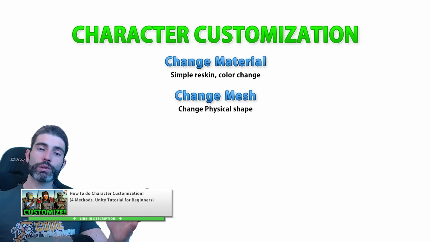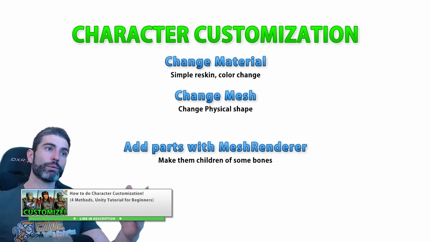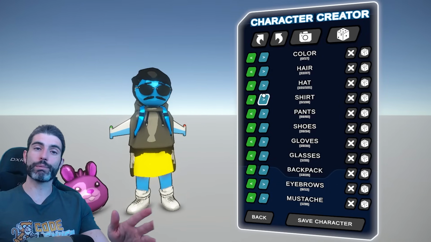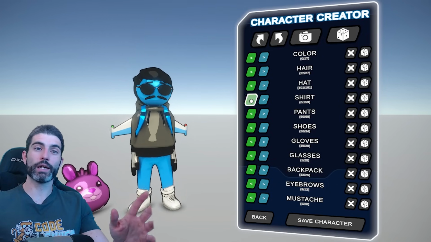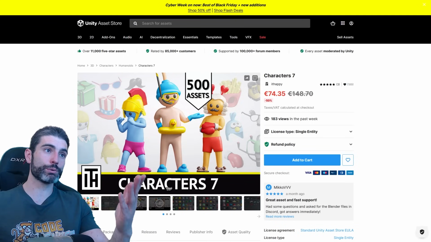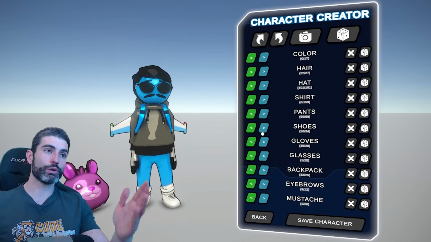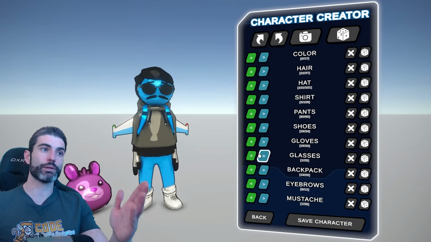Now in this video, I'm actually going to do a step-by-step tutorial on another different method. The method we're going to use is based on swapping out individual meshes for each body part. The reason for why I chose this method wasn't really chosen by me, it was based on the asset pack that I'm using. So I'm going to showcase exactly how I handle player customization in my game,